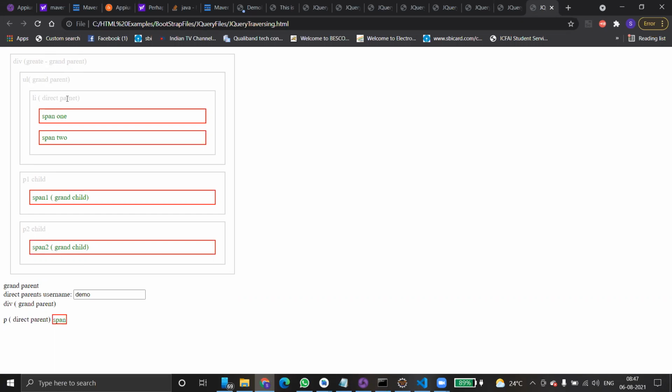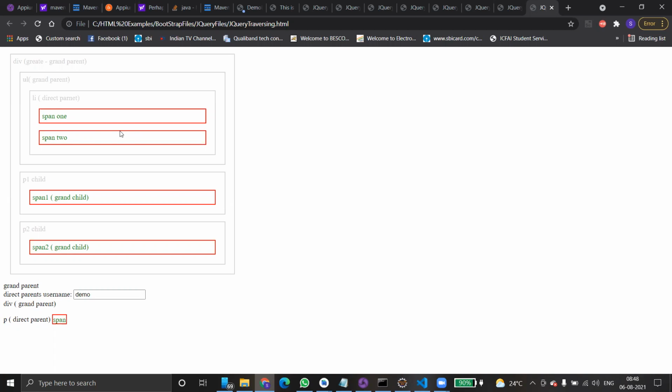We have a list, he is a direct parent. Inside this, two siblings are there, also called children. The list item has 2 children, span 1 and span 2. Both are siblings. If you write document dot ready function, h2 dot siblings, what does it do? It simply returns the siblings.